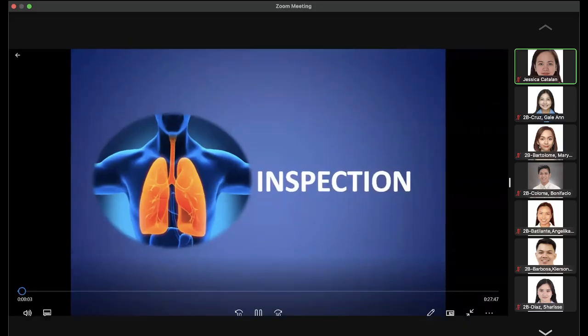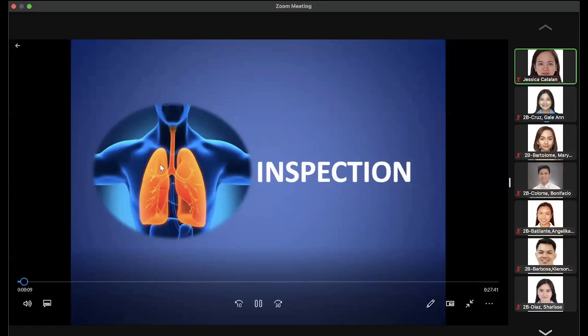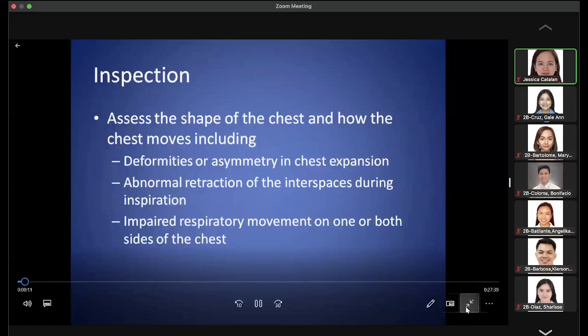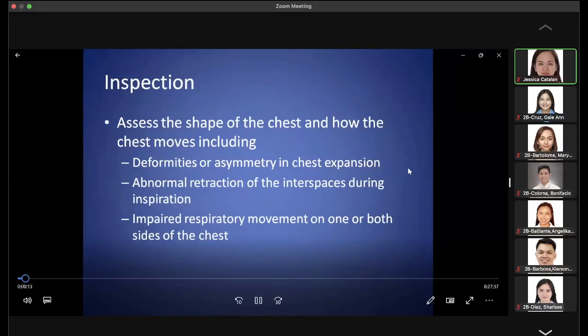The second part of our discussion under the chest and thorax are the objective findings. So let's first discuss inspection. Inspection is